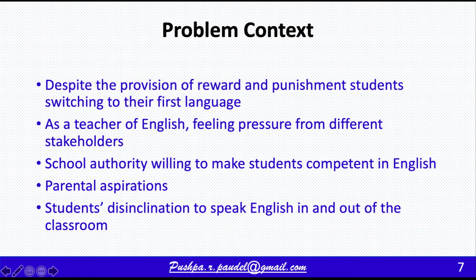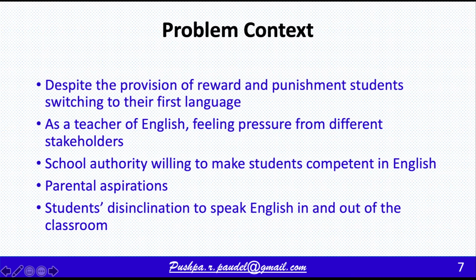I would like to share some of the provisions we made in the past to punish those students who spoke any languages other than English in the school premises. We introduced the ribbon system. Students speaking any language other than English in the school premises would be given a yellow ribbon to wear for the whole day. If students repeated the same mistake, they would receive a blue ribbon, and for multiple occurrences of such mistakes, if they spoke languages other than English, the students had to wear a red ribbon the whole week.